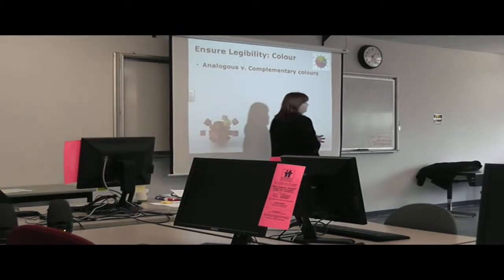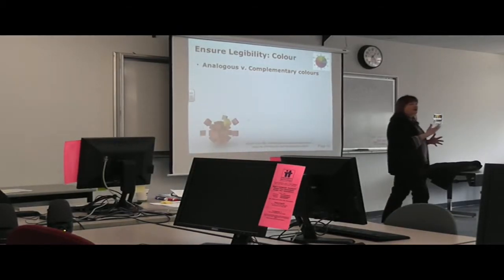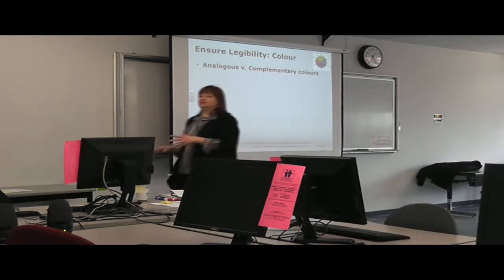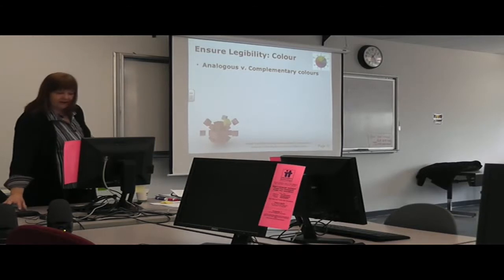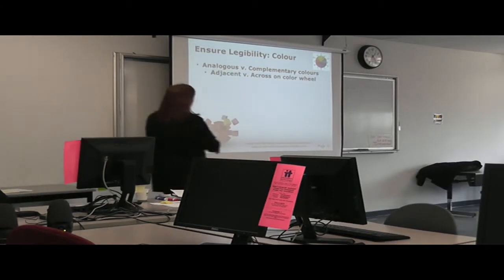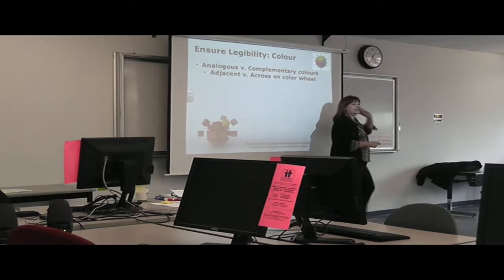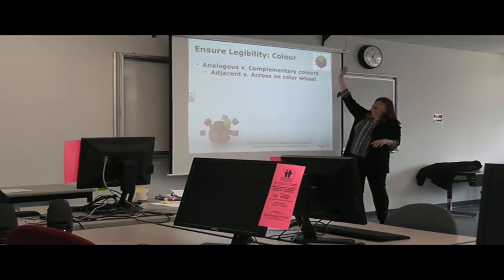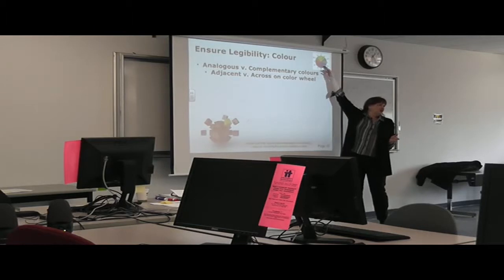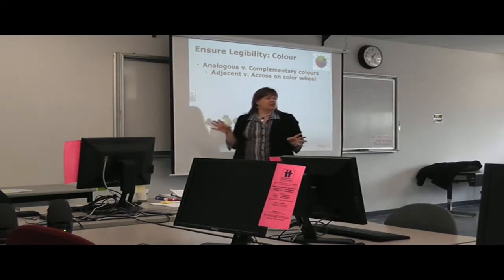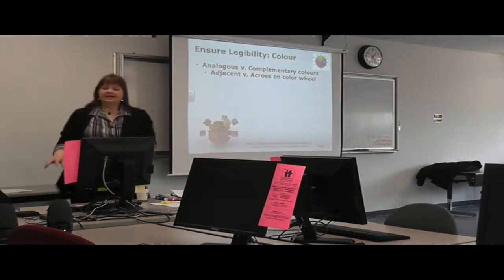There are two types of color, analogous and complementary. Okay? Analogous colors, I'm going to make sure that I get this right, and that's the color wheel that we're looking at up there. Analogous colors are close, they're adjacent, they're nearby on the color wheel. Okay? Complementary colors are opposite. Okay? Stay away from complementary colors. And in particular,